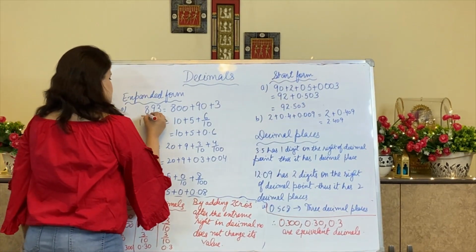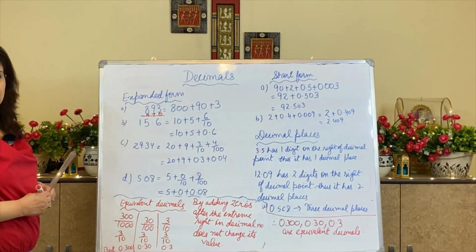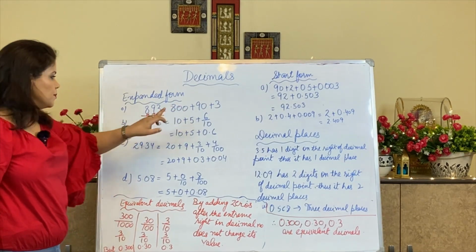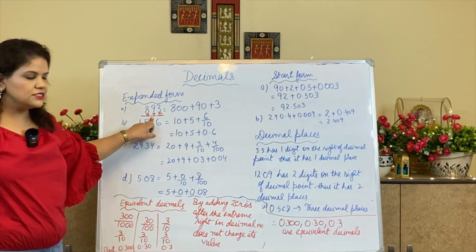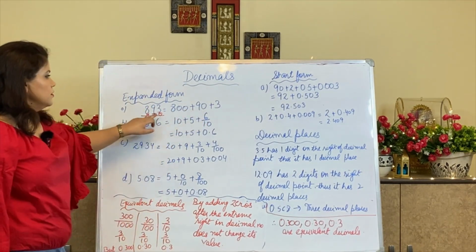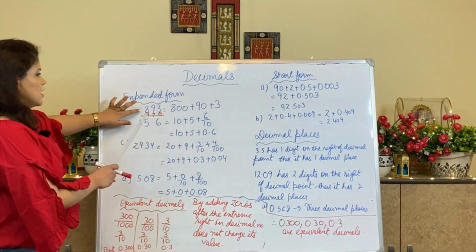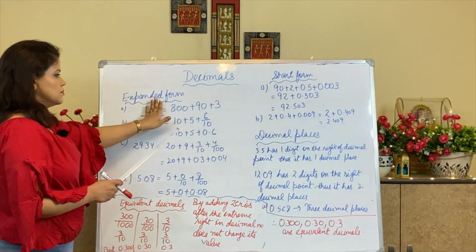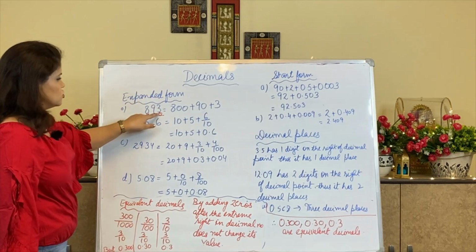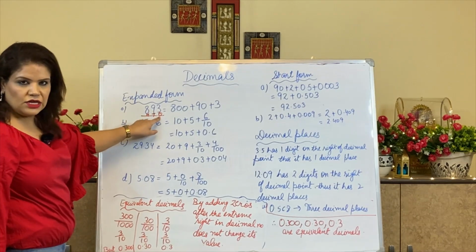This is at the hundreds place, this is at the tens place, this is at the ones place. So with hundreds, we will add 2 zeros in the expanded form. The number at the tens place, with that we add 1 zero, and the ones place we write as it is. So with 8 we will write 2 zeros because 8 is at the hundreds place.